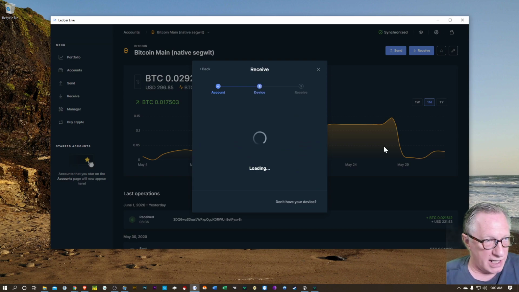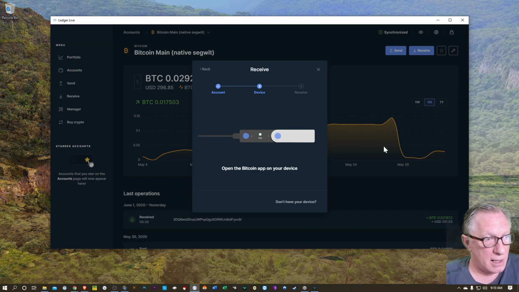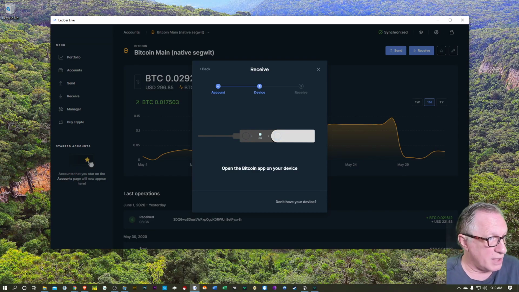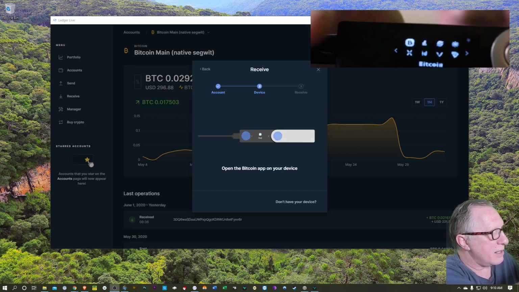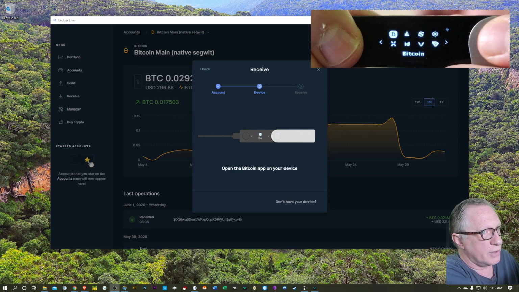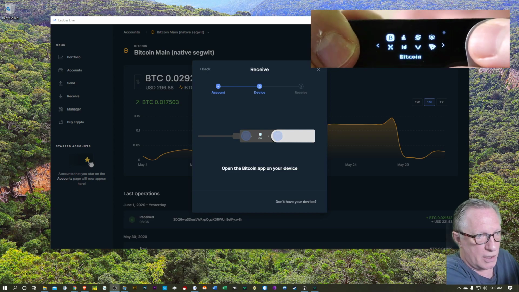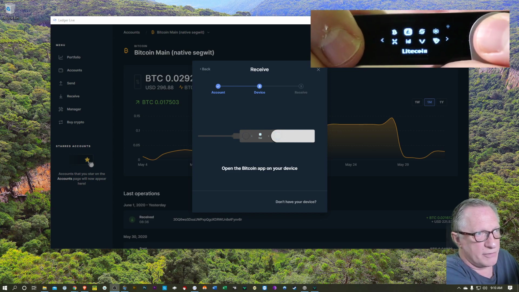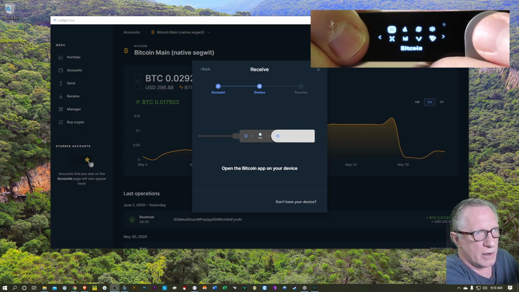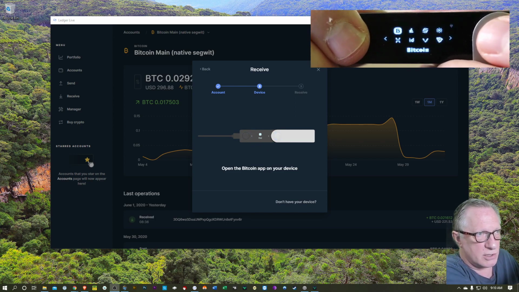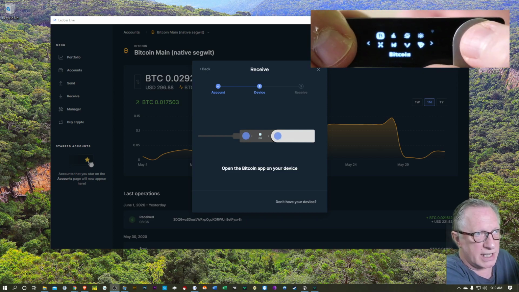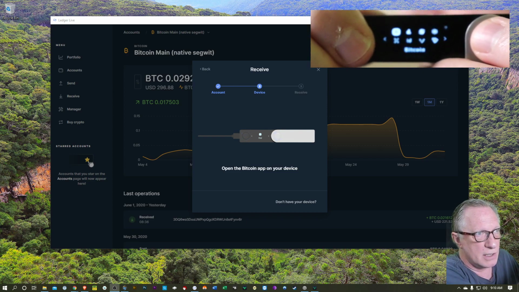Now, it wants me to connect my device in order for it to properly generate a new Bitcoin address for me, which is verifiable on my device. So I'm going to go ahead and do it properly so you guys can see. So there's my device. I'm at what's called the home screen. I have different apps here for different cryptocurrencies that I can navigate back and forth. But right now I'm trying to generate a Bitcoin address, so I need to get into the Bitcoin app on my device.